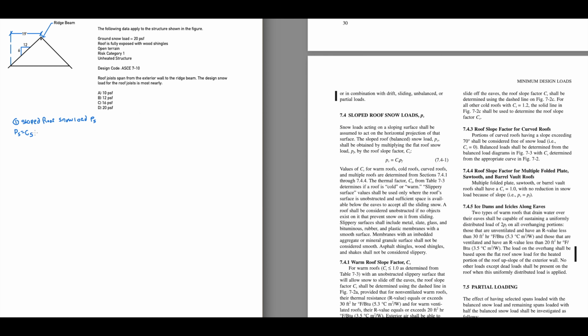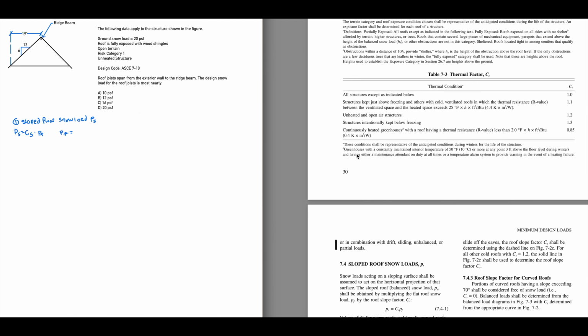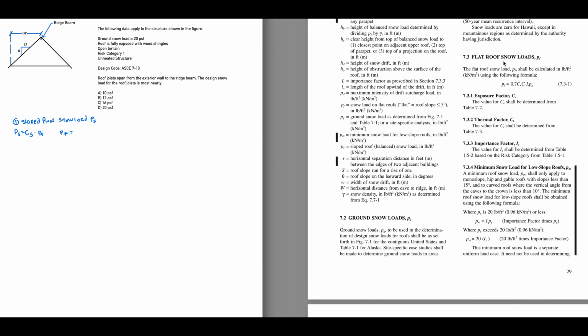CS times PF. And PF is the flat roof snow load, right? So we know that we're going to have to solve for PF. Okay, so we're going to go back up. And we saw PF earlier. And it's right over here, equation 7.3-1. So PF is equal to